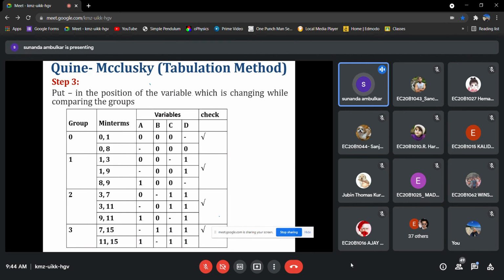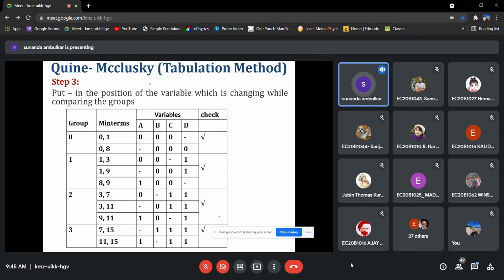While comparing this first table, we'll see the possibility of comparing group n with group n plus 1. We'll check whether there is a possibility, with the rule that only one variable change is possible.